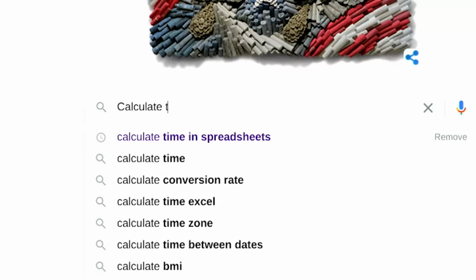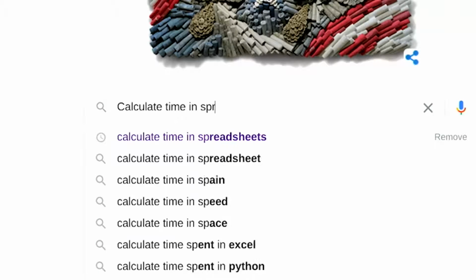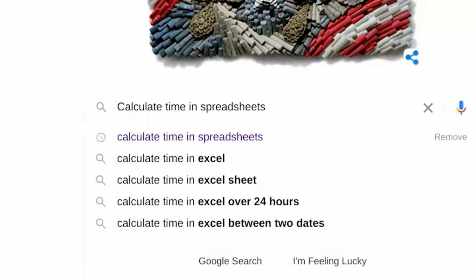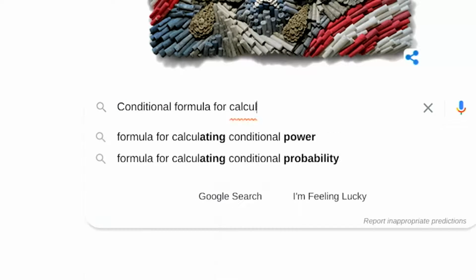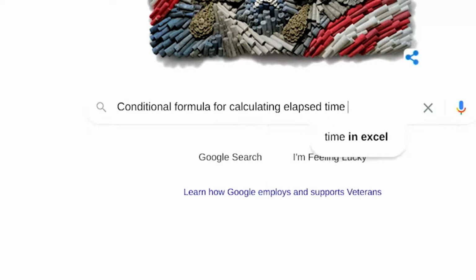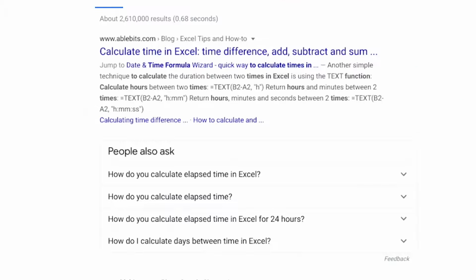In an earlier video, we ran into a problem trying to calculate the time elapsed between bike rides in the bike sharing data. Maybe our first search, calculate time in spreadsheets, didn't turn up the answers we needed. By thinking about our specific question and how other data analysts might be asking it, we could change that search into conditional formula for calculating elapsed time in spreadsheets. And now we have more specific solutions to our problem.